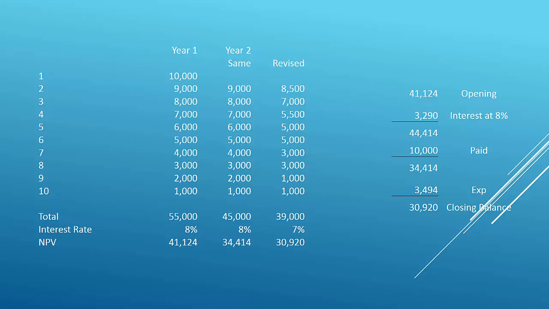So in this case, $41,124 at 8% is $3,290. And that is like a financing charge, because if nothing else happened, our provision would go up by that amount. Our provision is also going to go down between period 1 and period 2 because we made some payments, $10,000. And you can see that if nothing else changed other than we made the payments, the interest rate stayed the same, and our cash flow expectations stayed the same, then our liability at the end of year 1, beginning of year 2, would be